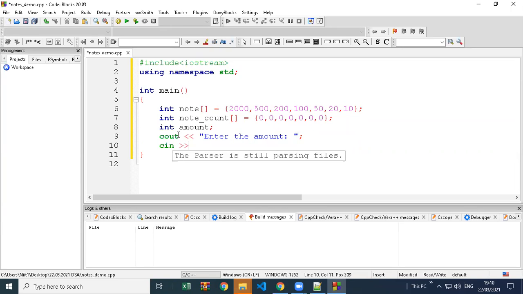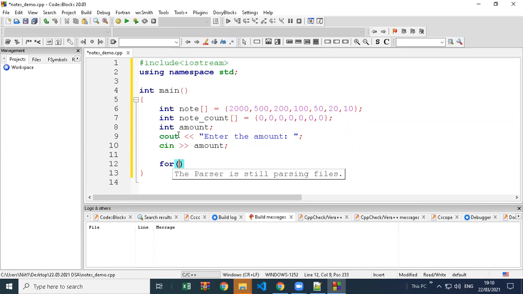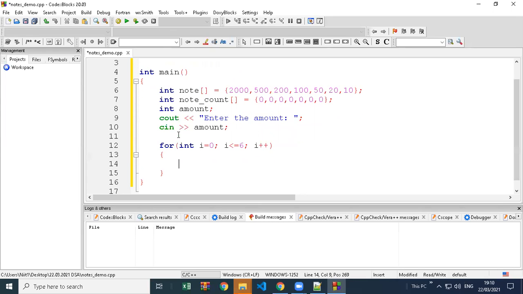So enter the amount and then accept the amount. Correct. Okay, so after accepting the amount, we are using a loop from 0 to 6, right?